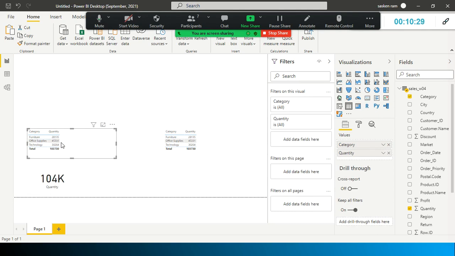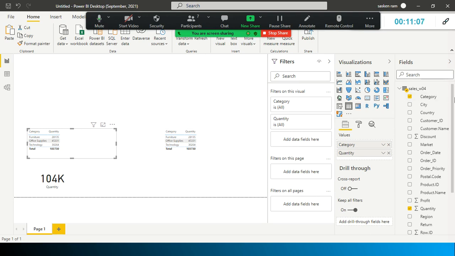So now we need to find out the percentage of units sold of each category out of this total. How do you find out the percentage of each category? You need to divide this one by this one, this one by this one, this one by this one. So with that, we can find out which category contributes more to the revenue, right? You just think that way. Okay, so now I'm going to create a new measure.